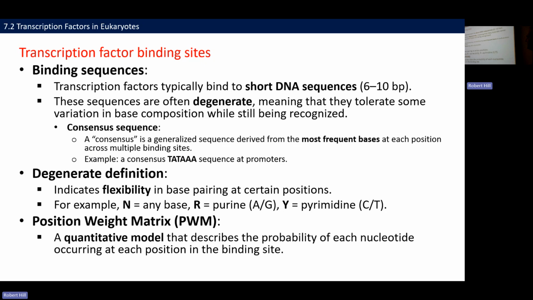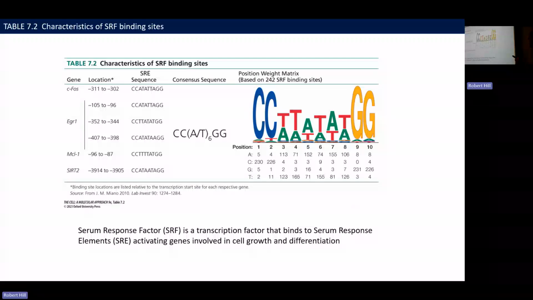So one way of demonstrating these consensus sequences is using what's called a position base matrix, or position weight matrix. So here you've got a consensus sequence, CC, for example, one of them is CCAT, right? Now this specific example looks at serum response factor, or SRF. Serum response factor is a transcription factor in blood that binds to different serum response elements. And when it binds to those regulatory sequences, it drives transcription of genes that are involved in cell growth and